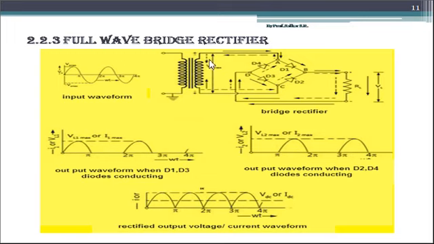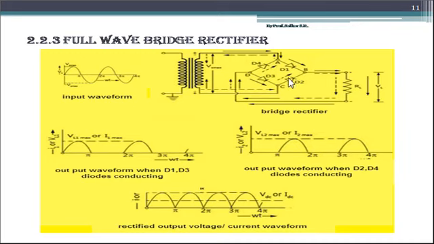You can see the negative portion of the input AC signal travelling through this dotted line. It comes over here, then goes through this path, the dotted line you have to follow. From here it goes to point D, then to point C, following the dotted line. From point C it goes to the diode D2. Now the diode D2 is in forward biasing mode due to the negative half cycle of the input AC signal.